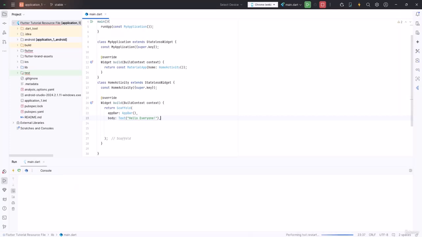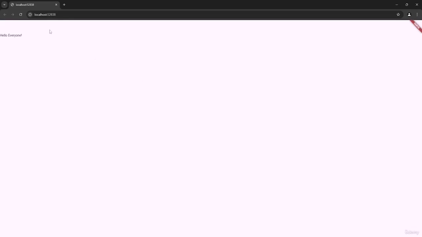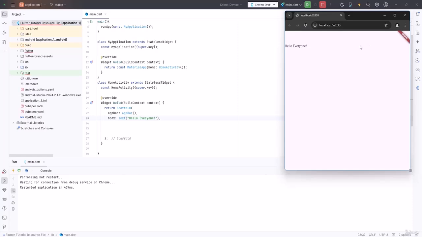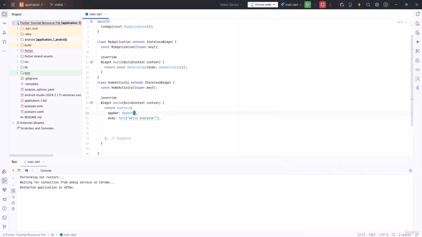So you guys can see now I do have this hello everyone option. Inside this scaffold, you guys will be able to basically put a lot of things. For example, now I do have just a simple app bar. But inside the app bar, if I do want to put out a title, and for the title, my title will basically be a Text. Again, I will just come here and take out the Text